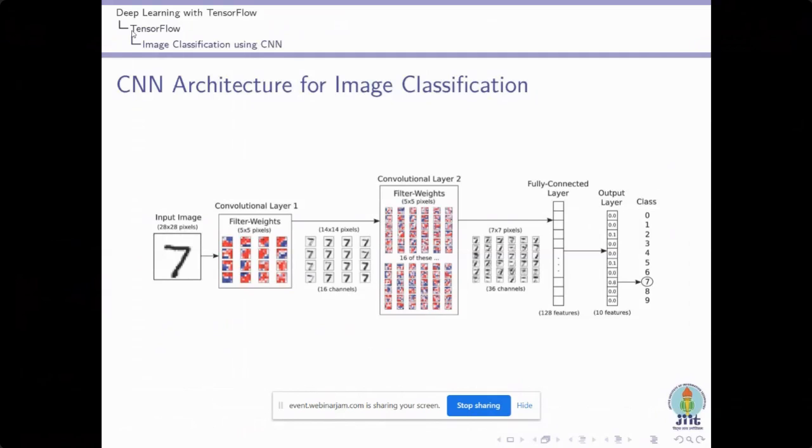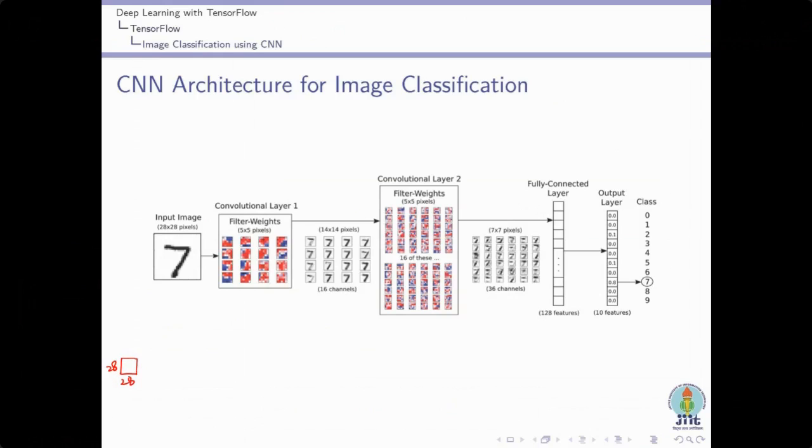So now let's try to design one more network for the same problem. We have the same handwritten numerals of size 28 by 28. Let's decide first how many layers we are going to use. The input layer will be the input image, of size 28 by 28, and it is a grayscale image, so the channel will be one only.